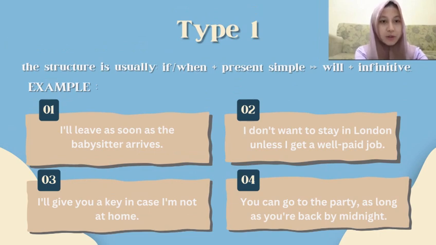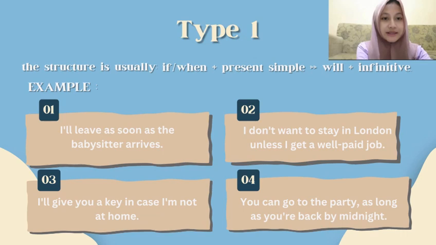First conditional. We use the first conditional when we talk about future situations we believe are real or possible. For example, if it does not rain tomorrow, we'll go to the beach. In first conditional sentence, the structure is usually if or when plus present simple, then will plus infinitive. It is also common to use this structure with unless, as long as, as soon as, or in case instead of if. For example,